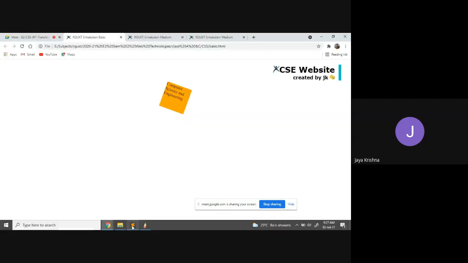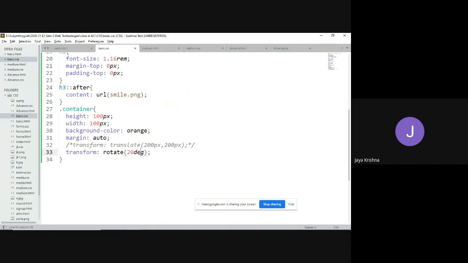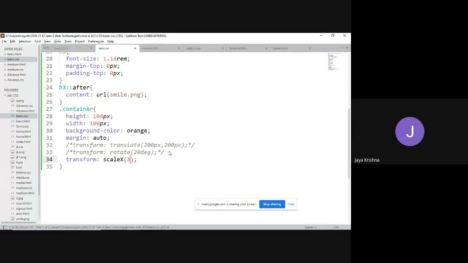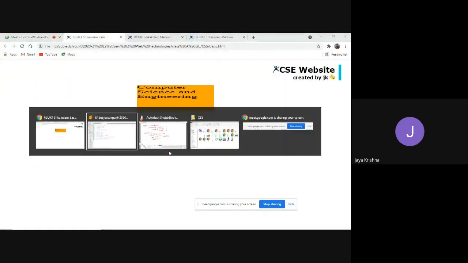Observe. Transform scale of. I am going to take only the x-axis. Scale on the x-axis 1 time. Is there any change? No change. If I go for 2, horizontally it is increasing. If I go for 3, 3 times the actual size, horizontally increasing. Am I right or not?